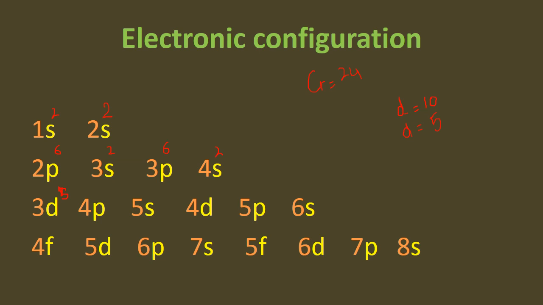While as it takes 1 electron from the 4s, how many electrons will be left behind in 4s? Yes, only 1 electron will be left behind in 4s. And the last outermost valence shell will be 4s, because it contains 1 electron, while the 3d will become stable as it is half filled. So in this way, chromium shows exceptional behavior.